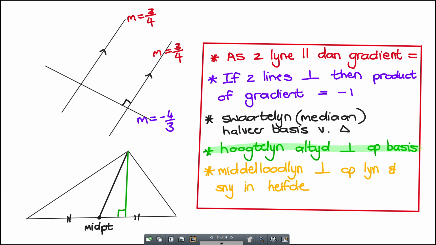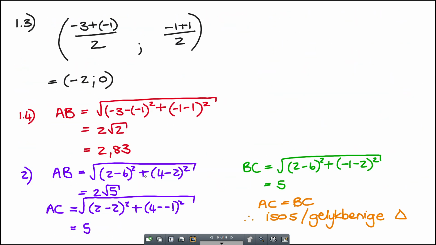Wat sê jy? Nee, dis net vir die Engelse mense. Op jou bladsytjie is dit in Engels geskryf, find the equation of the altitude CD. So jy moet gaan maak hoogtelyn CD, dat jy weet. Okay. Alright, so doen vir my daai tweakies. Then I am going to add to that